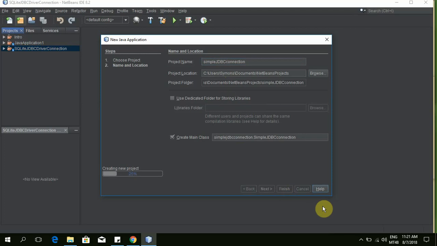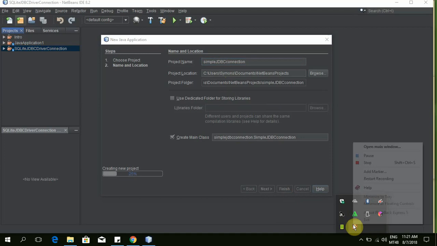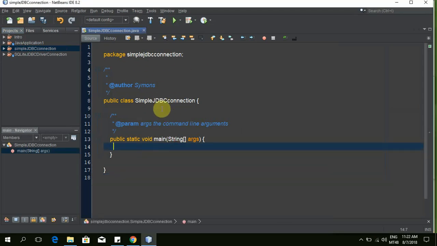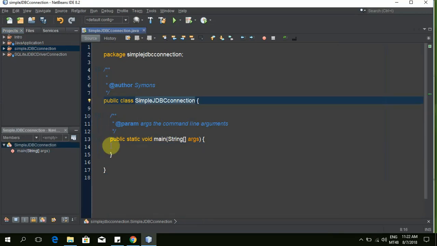Finish. It will take some time to create that project, and I'll be pausing this for a while. It's now created successfully. We now have the basic class, connectivity class, as normal. It's just a normal class like that now. So the next thing I want you to do is go to